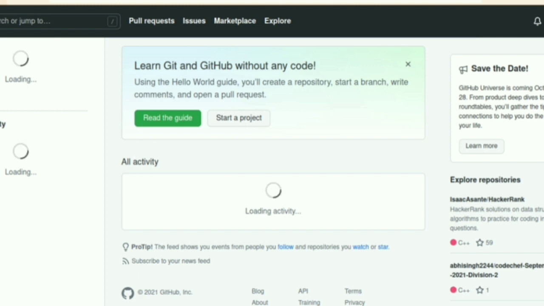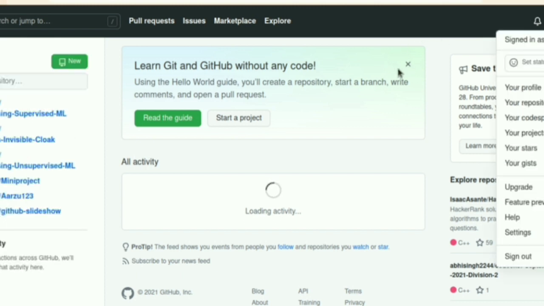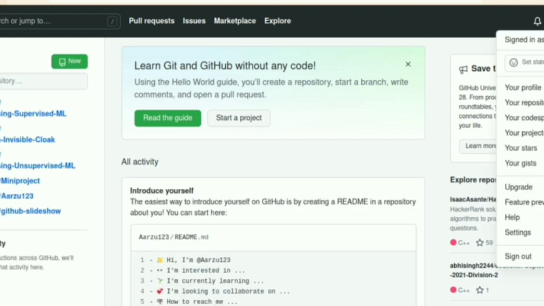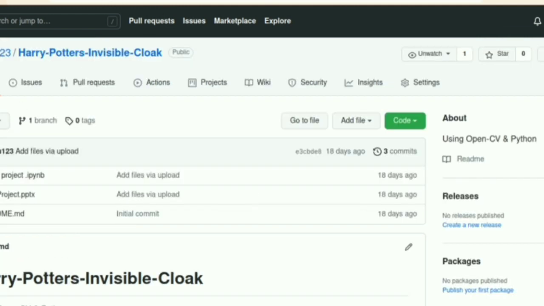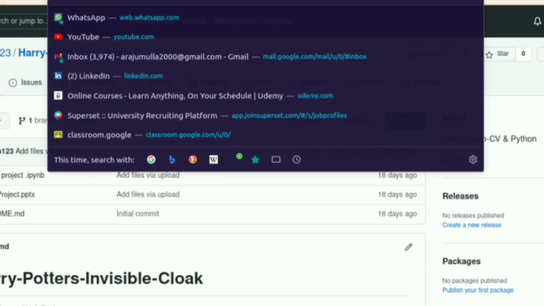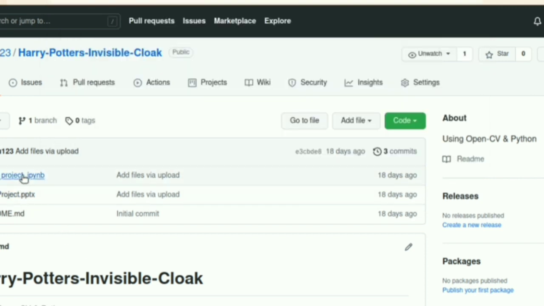Okay, it's specifically named as DMW project or mini project, Harry Potter like name, this is invisible cloak. So you can note this address. Okay, and here I have uploaded this PPT and this project code also.